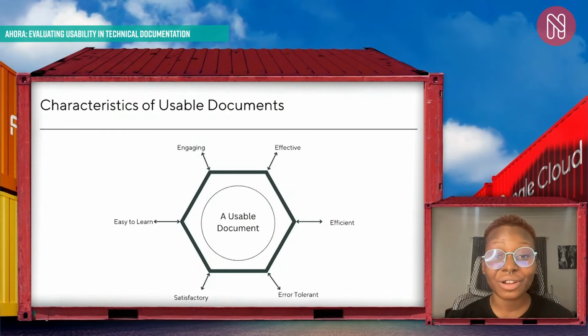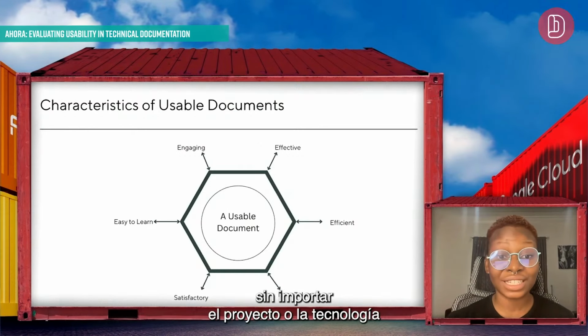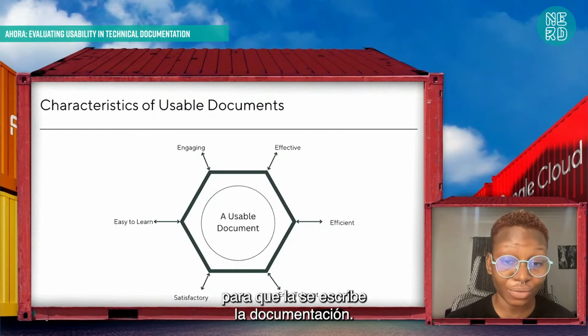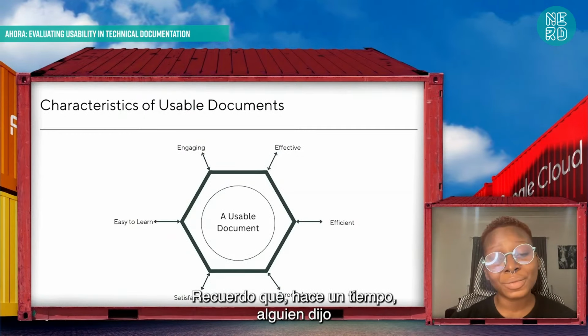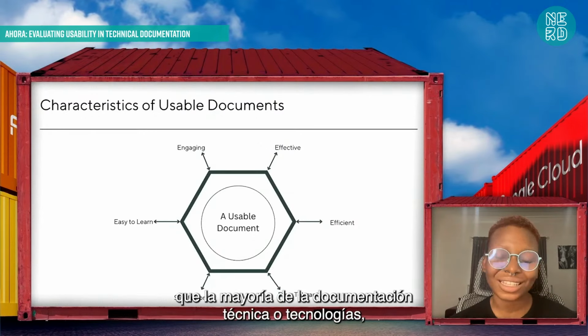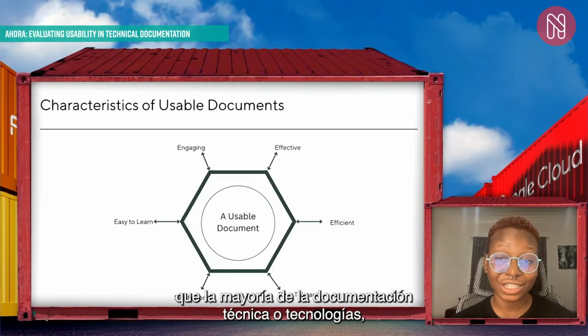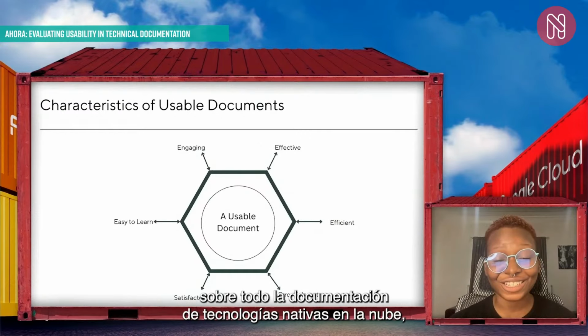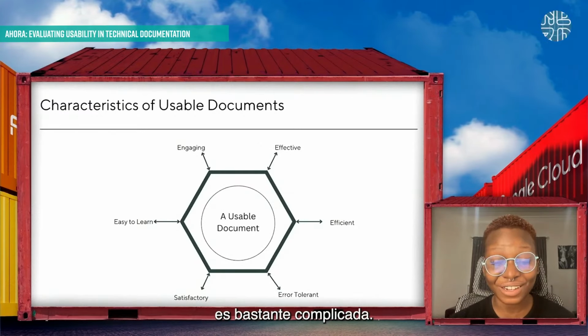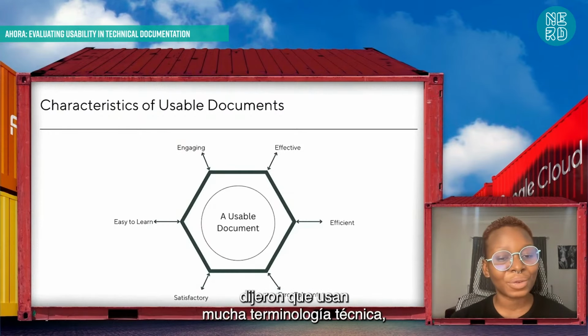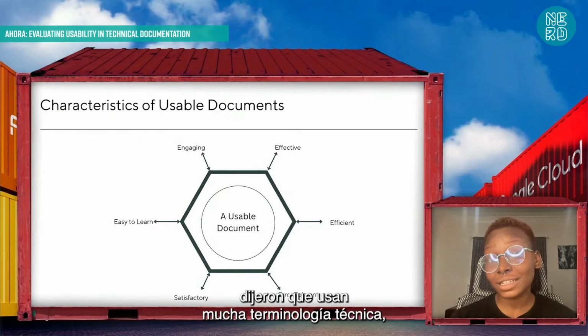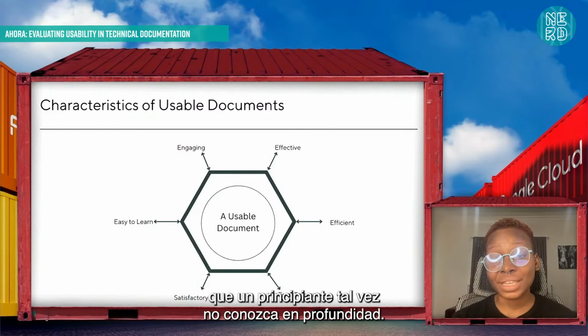Your documentation, regardless of the project, regardless of the technology that you're writing this documentation for, it should be easy to understand. I remember some time back, someone said most technical documentations, especially cloud native technologies, documentations are really, really scary to read through. And I asked why, and the response was they use a lot of technical terminologies that a beginner might not